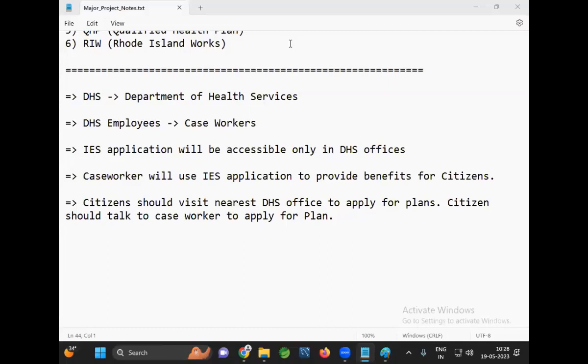Vaibhav, it is not just insurance. It is not just health. It is a combination of health and insurance. The domain of the project is health and insurance. Some health plans are available, some insurance plans are also available. Food plans are also available. If the interviewer asks whether your project is completed or not, what do we answer? Tell them that it is ongoing. We can say that it is under development.